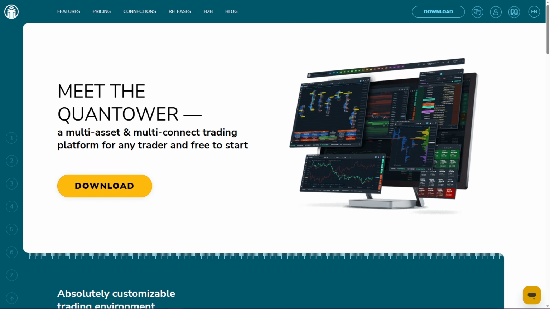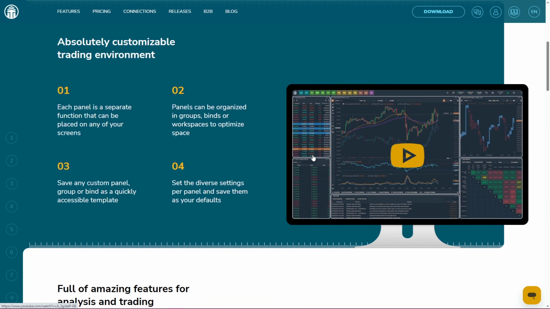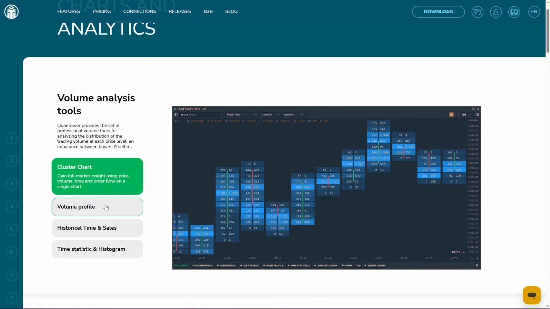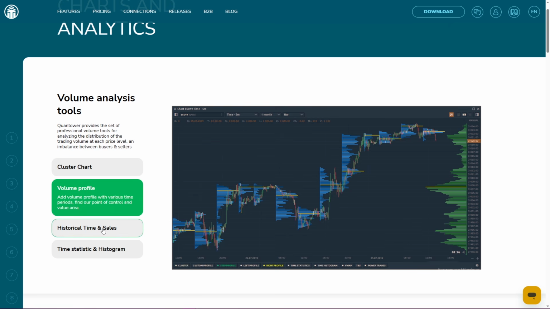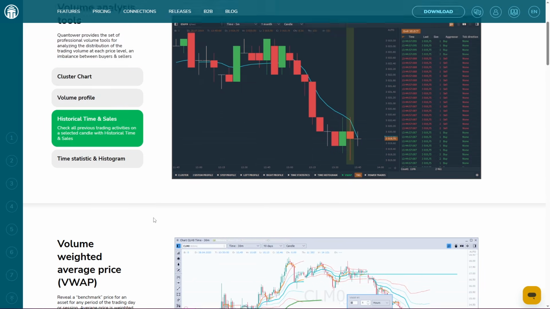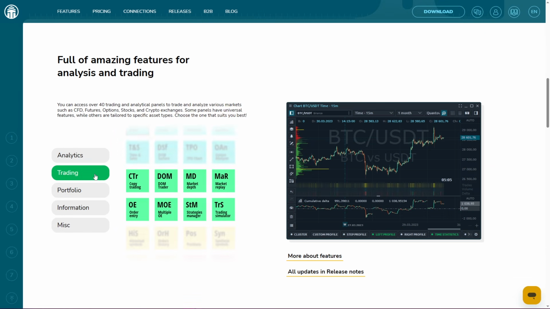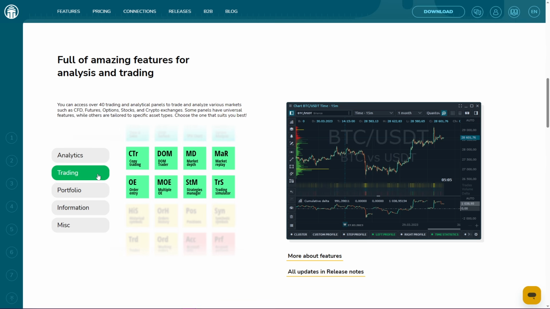If you've spent any time researching trading platforms, you've probably come across Quantower. It's a powerful, professional-grade platform that's packed with advanced tools like footprint charts, volume profiles, DOM ladder trading, and much more. Traders typically use it for its speed, its flexibility, and the way that it lets you analyze the market from different angles. You can stack order flow data right on your chart, customize your workspace, and trade directly from